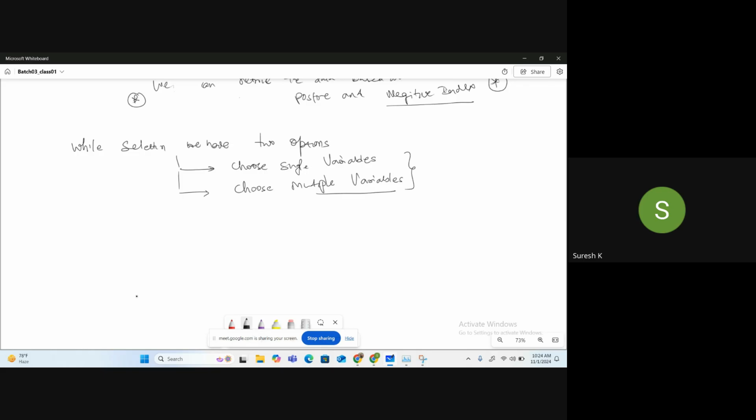We can also select multiple variables, right? To choose multiple variables, we need to specify the starting position and end position.